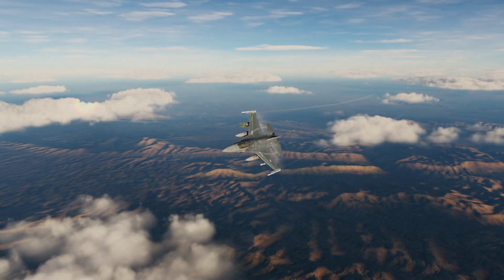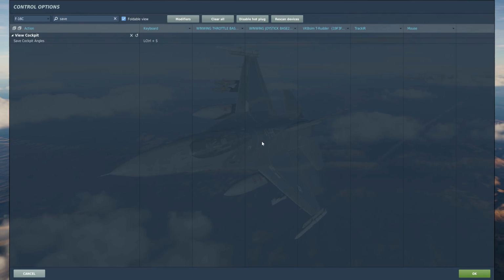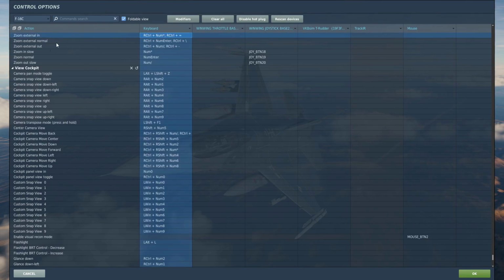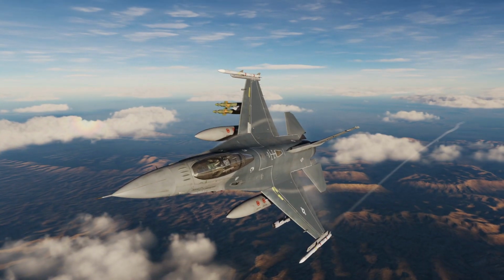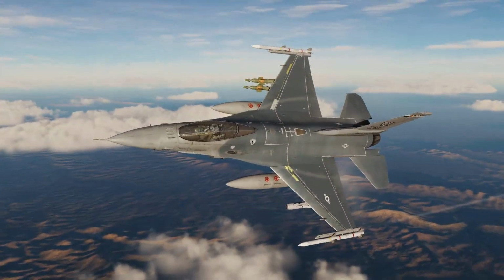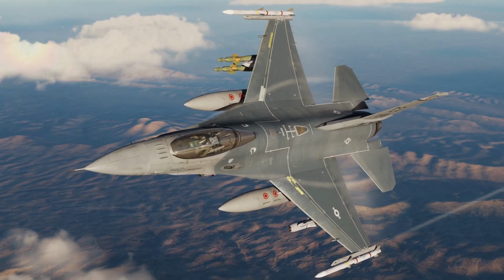The next thing that I will do and tell you about is something that I discovered not that long ago that's so useful: external zoom. So if you do zoom external in, out, and normal, it's the most useful thing because it's kind of like a focal zoom. So I just zoom in a bit, and then you can use the regular zoom with the mouse wheel to